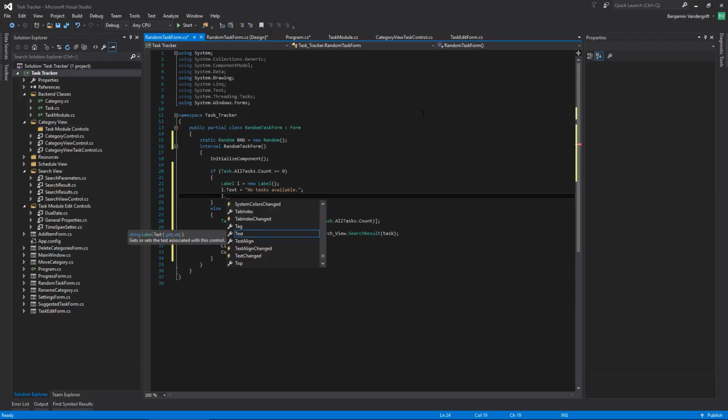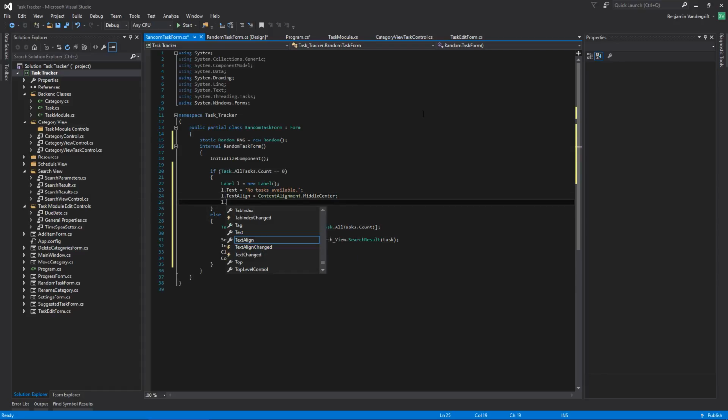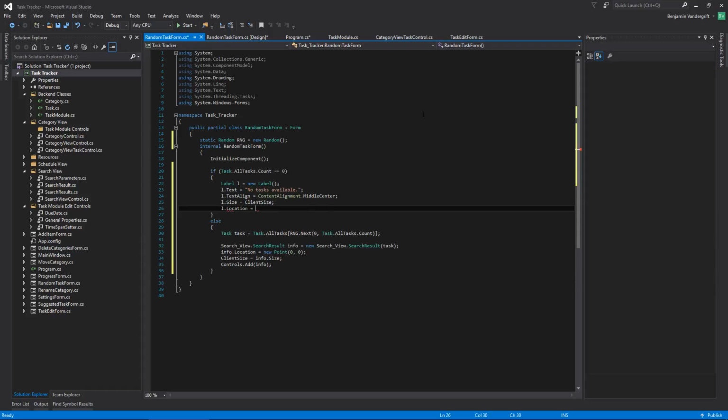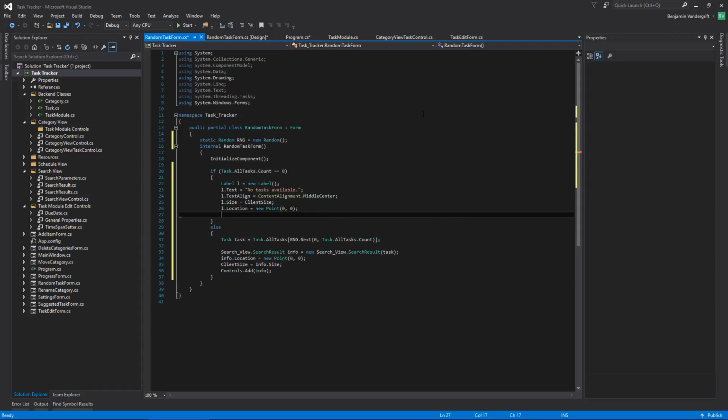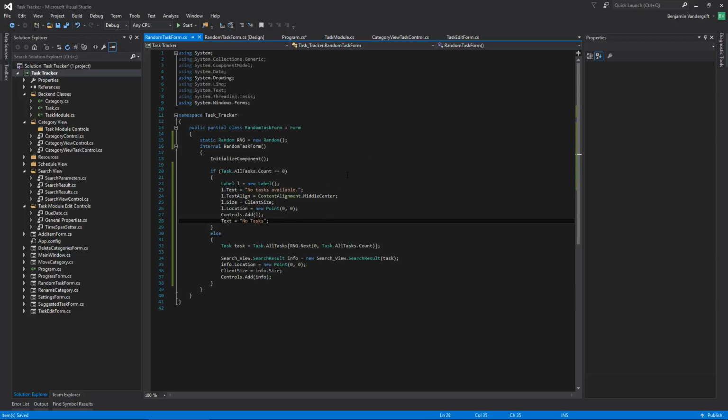L.TextAlign equals middle center. L.Size equals client size. L.Location equals new point 0, 0, and then Controls.Add L. Text equals no tasks. Okay, so all this is going to do right here is, if there are no tasks, when we try to ask this thing to pop up, it'll be like, hey, there's no tasks. If there are tasks, then it will pick one at random, and